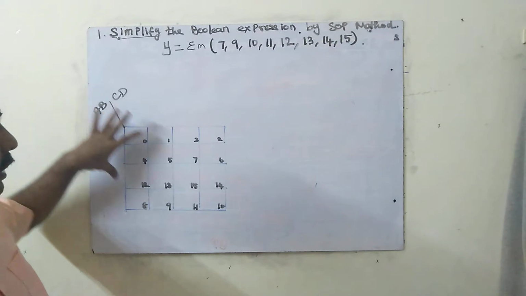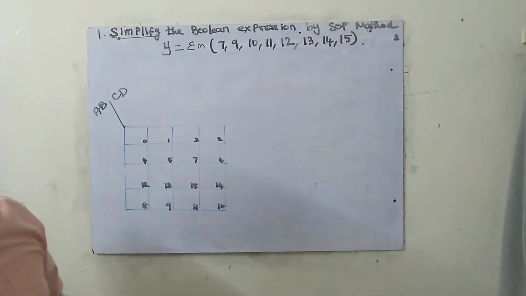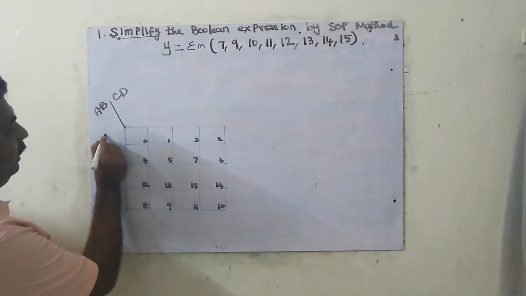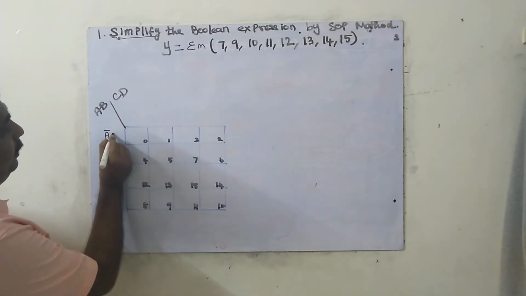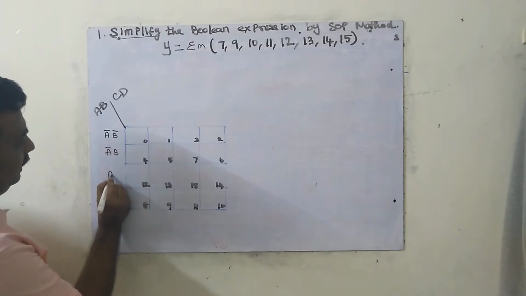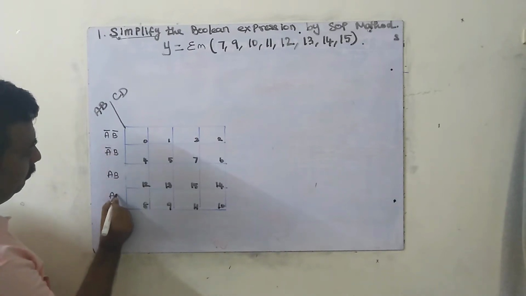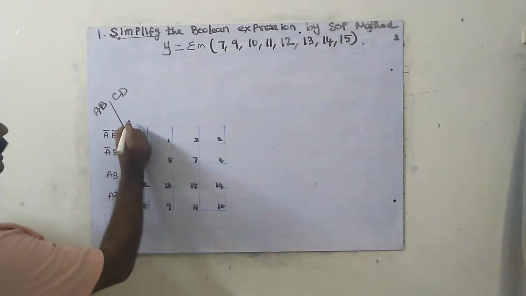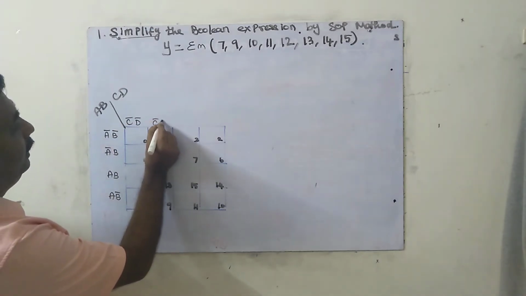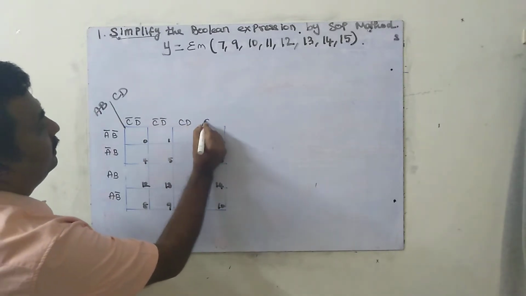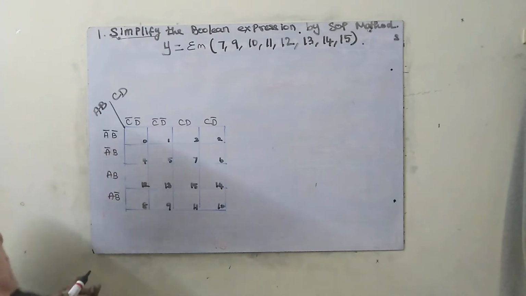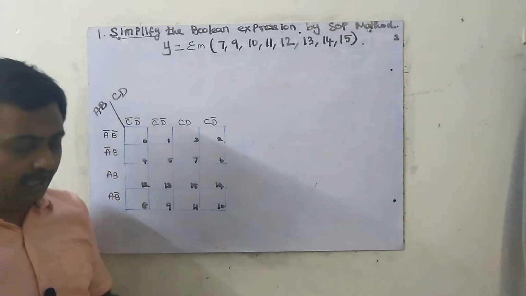So I have drawn the 4-variable map. Next I have to label it. Here I have to write 0, 0, but instead of writing 0, 0, I am directly writing A bar, B bar. Next this is A bar, B, then A, B, then A, B bar. Actually it is 0, 0, 0, 1 like this. Then C bar D bar, C bar D, C D, C D bar. Actually I have to write 0, 0, 0, 1, 1, 1, 1, 0, but this is easy, so I am writing like this.